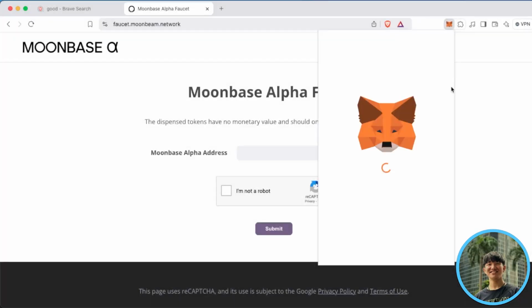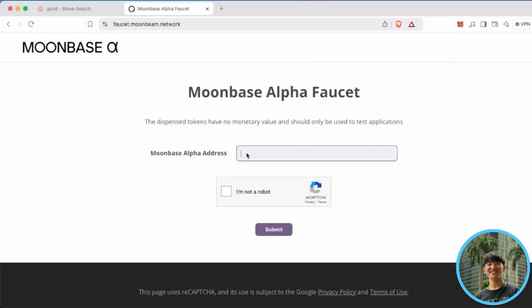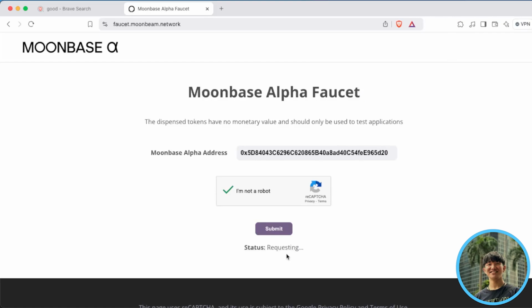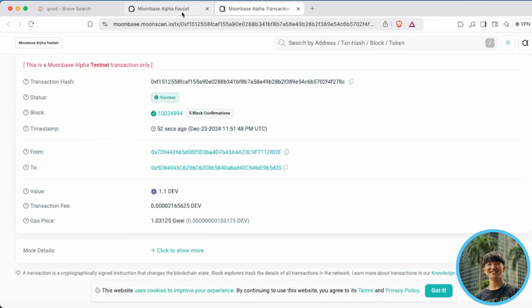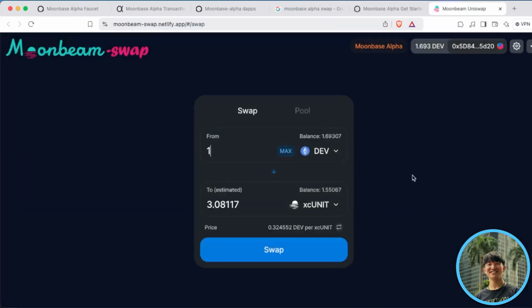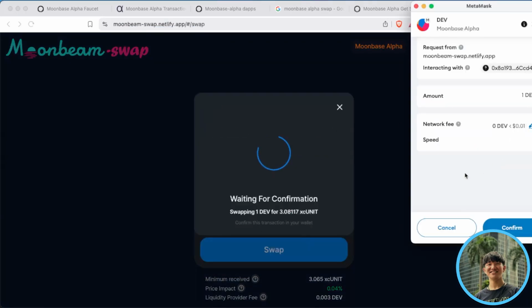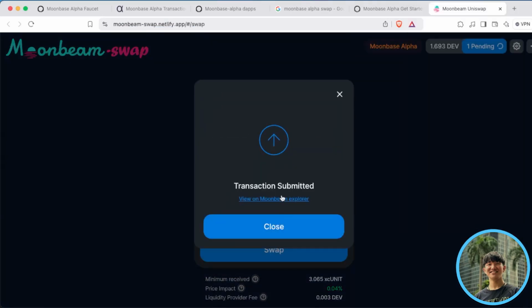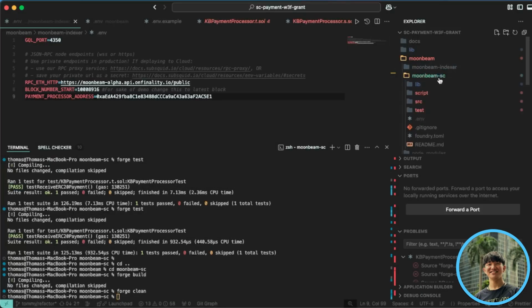To show you a demo of how this works, let's navigate to the Moonbase Alpha testnet faucet and grab some dev tokens. Afterwards, we need to go to a Moonbase DEX to swap for XCUnit tokens. For the sake of the demo, we will be using the XCUnit tokens as the medium of transfer. After we swap some dev tokens for XCUnit, let's head on over to our code by navigating to the Moonbase-SE